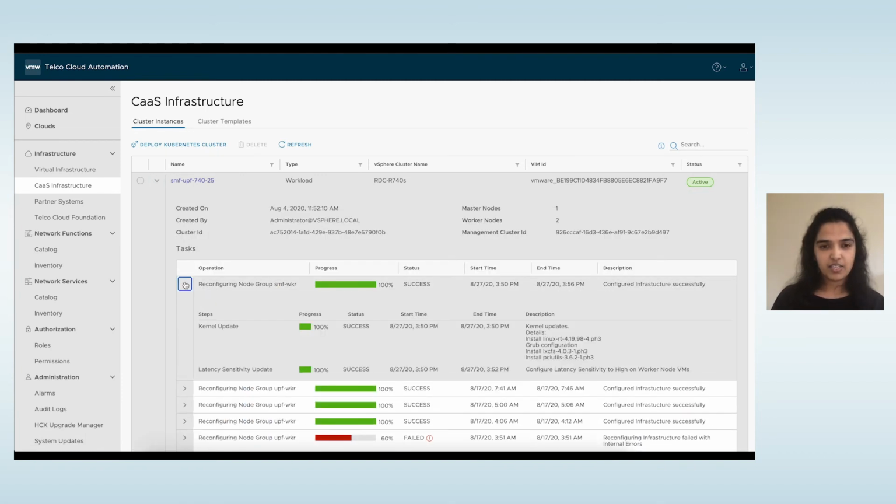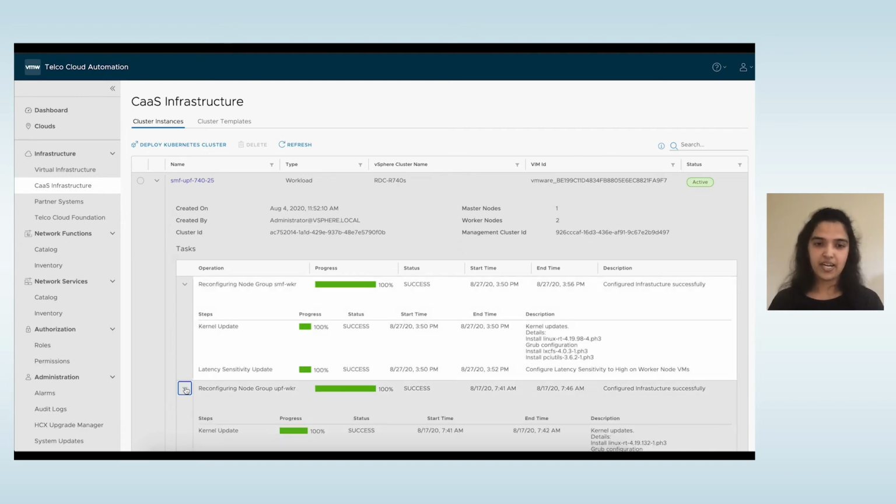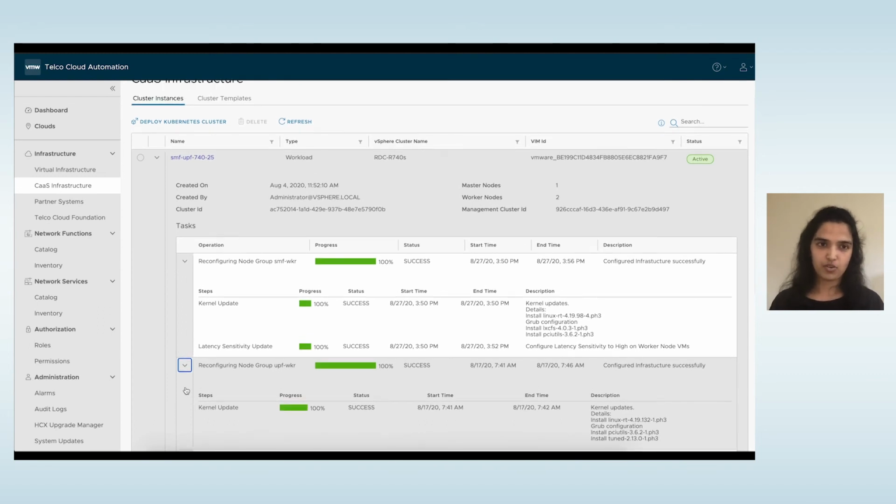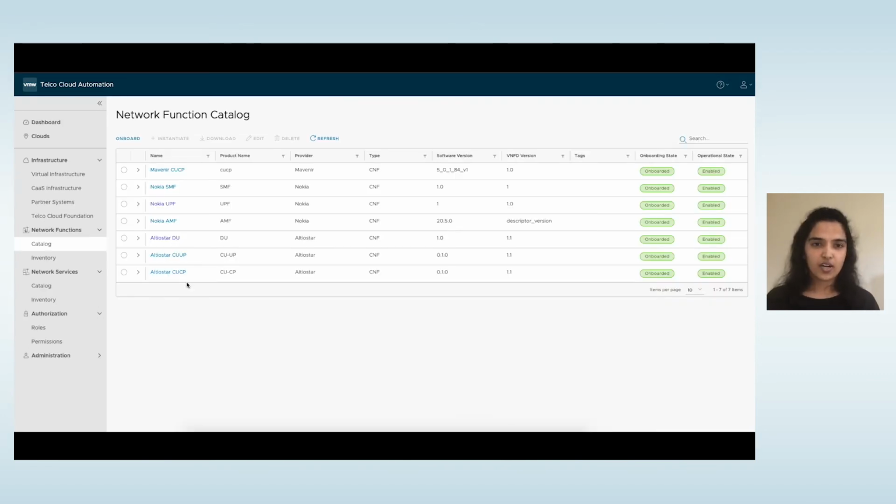And the network function, as it's being deployed, you also see various status of how it is getting deployed, right? It could be that there are some dependencies that have already been registered as part of the deployment of network functions. So now that your CAS and